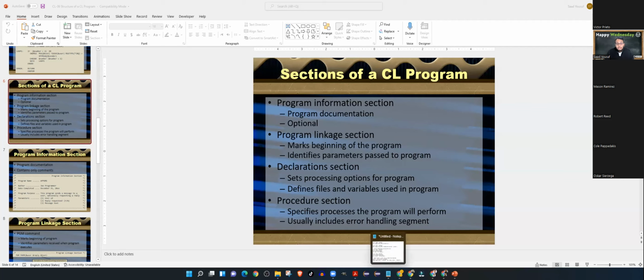So that's a procedure section. So how many sections do we have in a CL program? 4. Right at the top, we have the comments, which is optional, called program information section. Then we have a program linkage section, which is where you have the PGM. That's figure